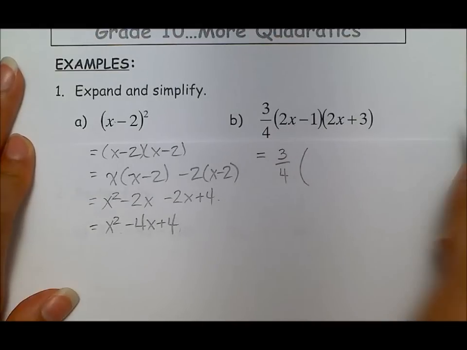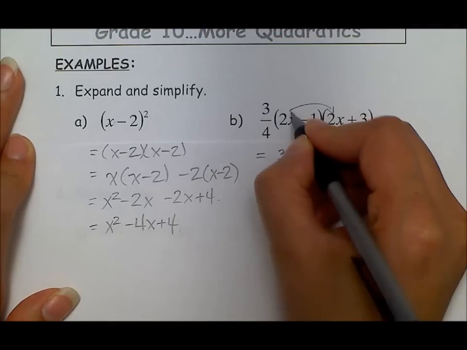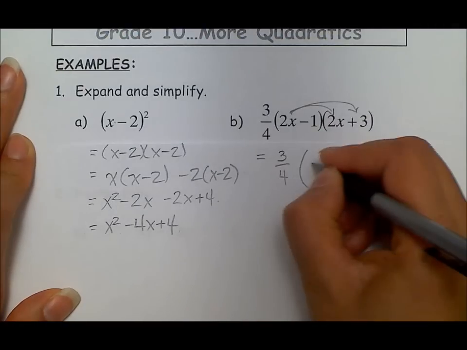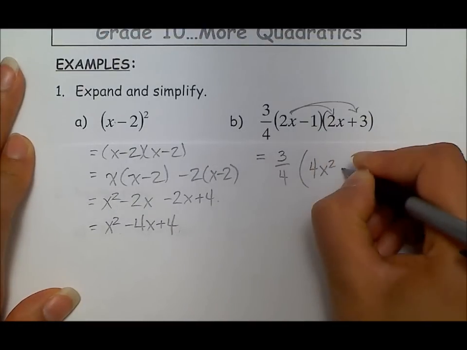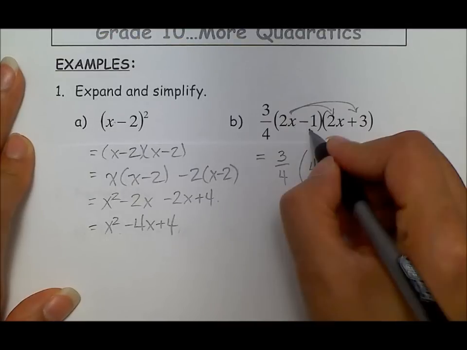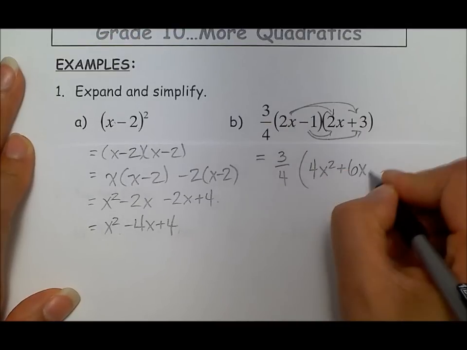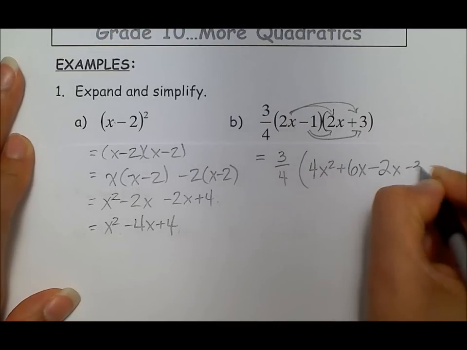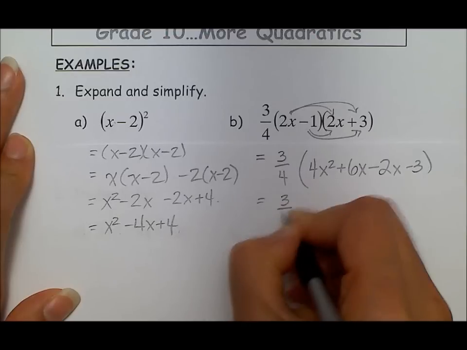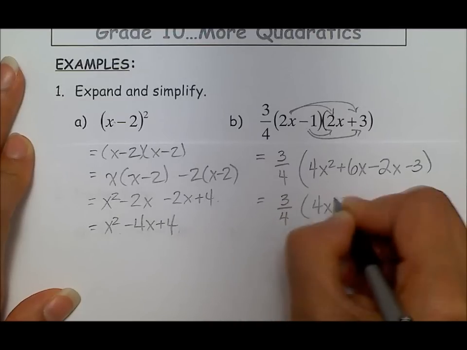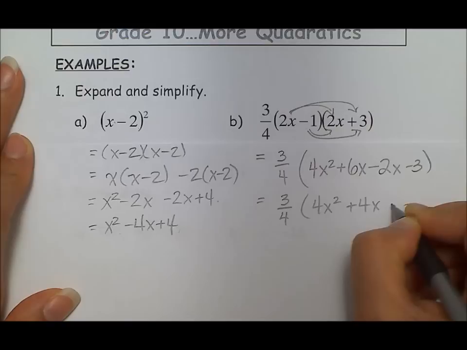And so if I multiply out 2x, I get 4x squared plus 6x. If I multiply out negative 1, I get minus 2x and then minus 3. And if I simplify what I have inside the brackets, I have 4x squared plus 4x and then minus 3. And now I can apply the